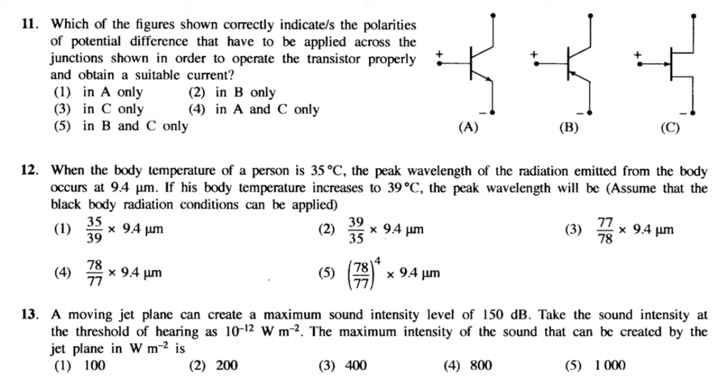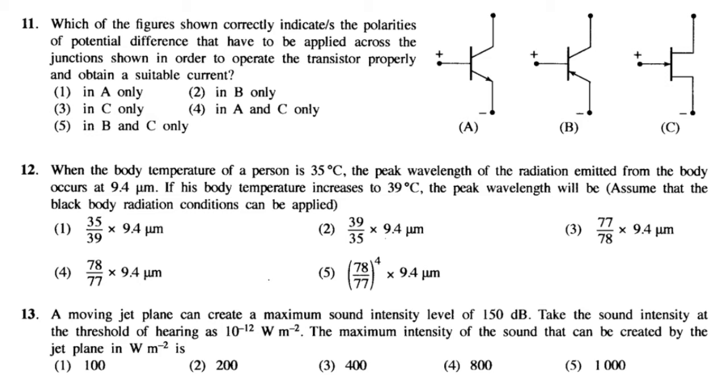But here it is forward bias. So C is wrong. The answer is 1. Only A. Question number 12. Body temperature of a person is given and the peak wavelength of the radiation emitted from the body at that